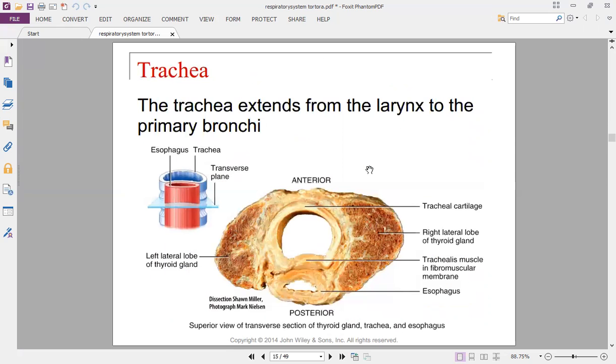You don't really need to learn all the names of these cartilages. Trachea. You can see this trachea and esophagus when cut in section. You see that the trachea is present in the front part of the region. This is the sternum here. This is the trachea, and then there will be a trachealis muscle here, and then there will be your esophagus